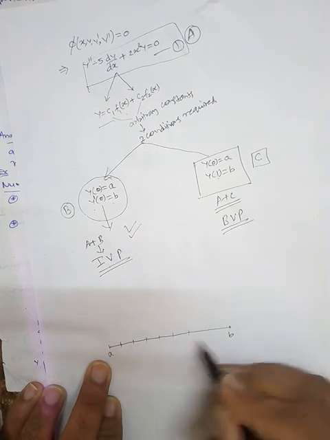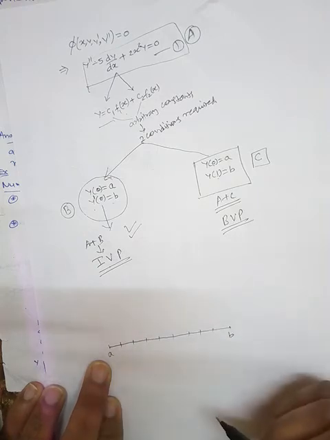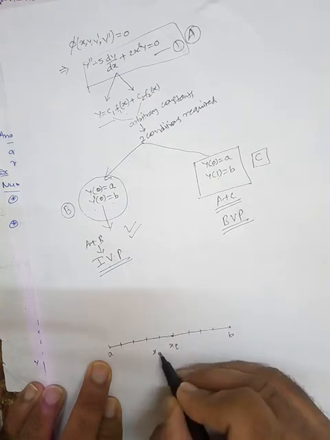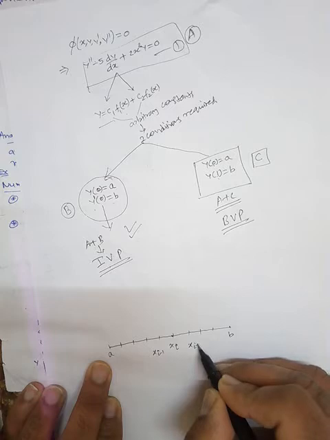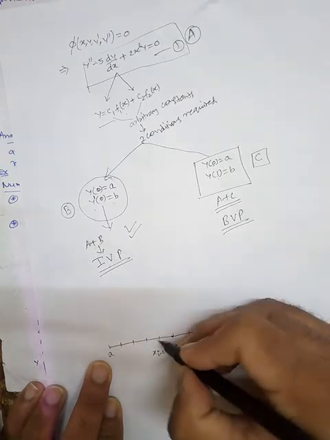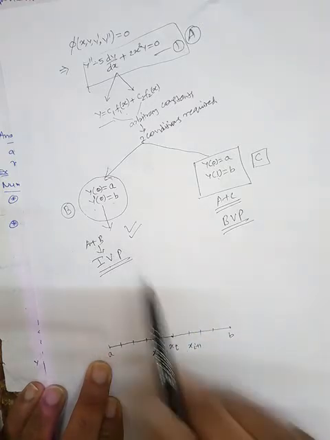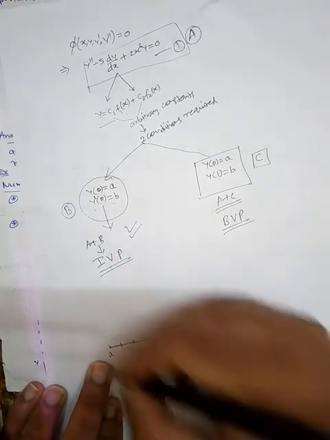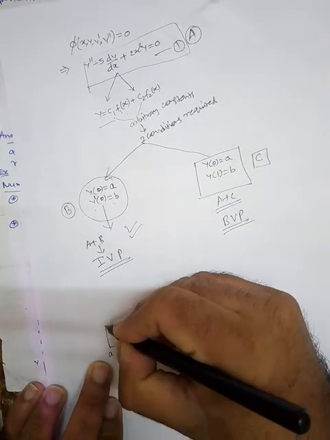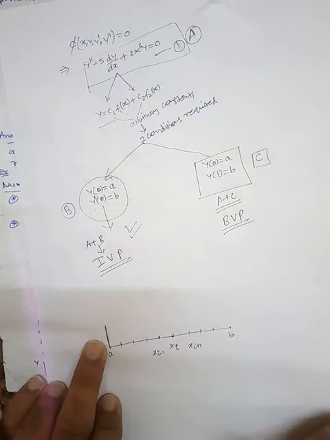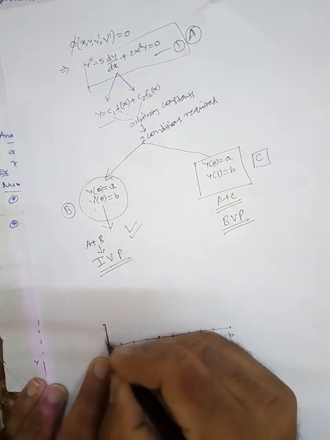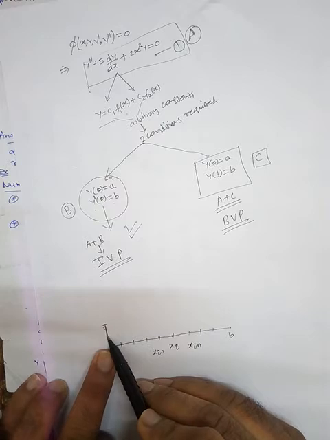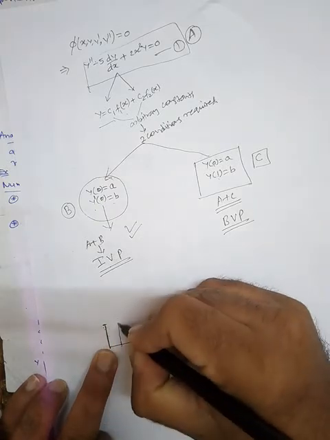So you can see we have discretized the domain. Finally, at some point, suppose this is xi, here is xi minus 1, here is xi plus 1. Because here we are considering the initial value problem, some values are given to you. Suppose here the values are given to you, this means known. Now we will use these values and follow the method, and then finally we will predict this value.